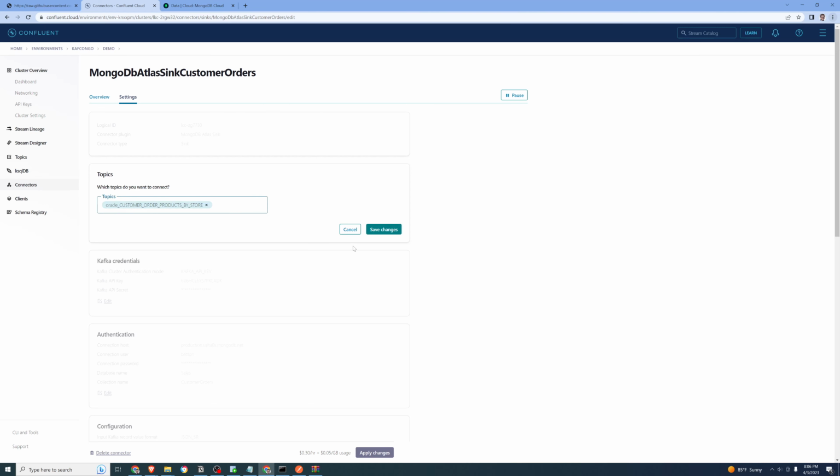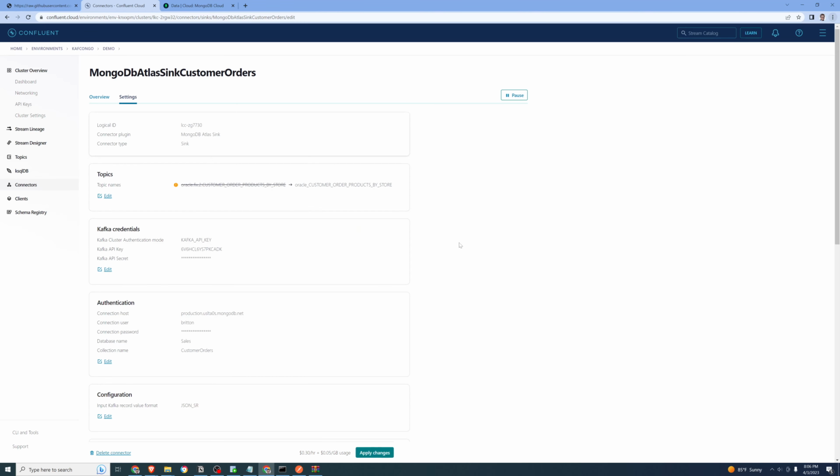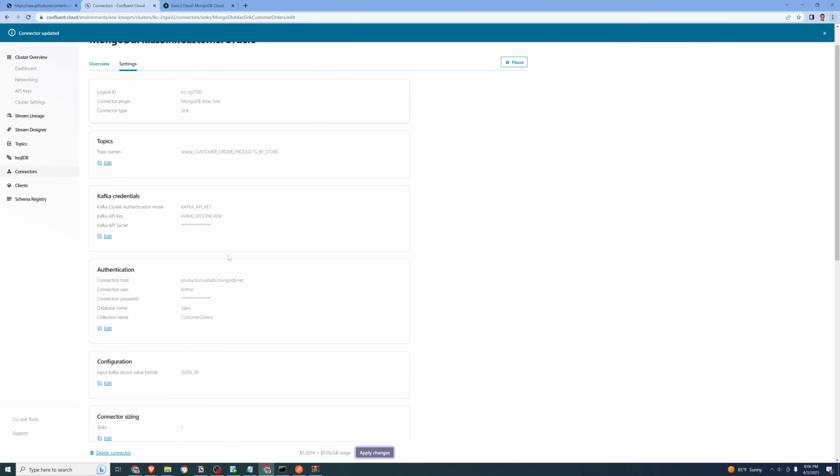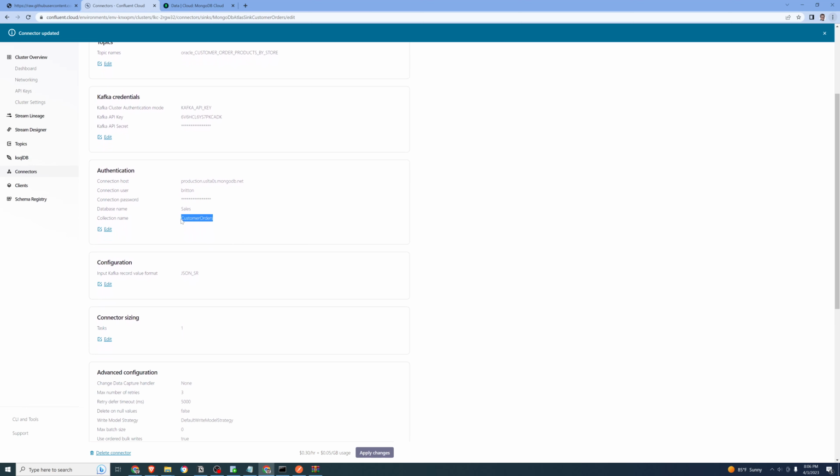There we go. Save the changes. Again, a lot of these things can be done through a REST API. I will apply the changes,